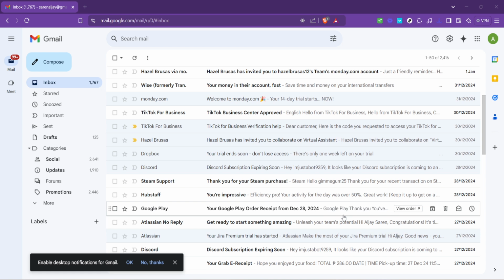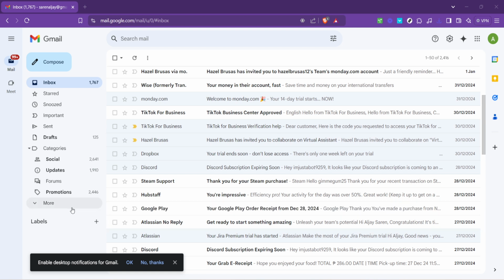Let's start with the basics. When you log into your Gmail account, you're immediately greeted with your inbox, which might be brimming with unread emails, important messages, and everything in between. The first thing we want to do is create a space for organizing these emails. This is where labels in Gmail come into play.